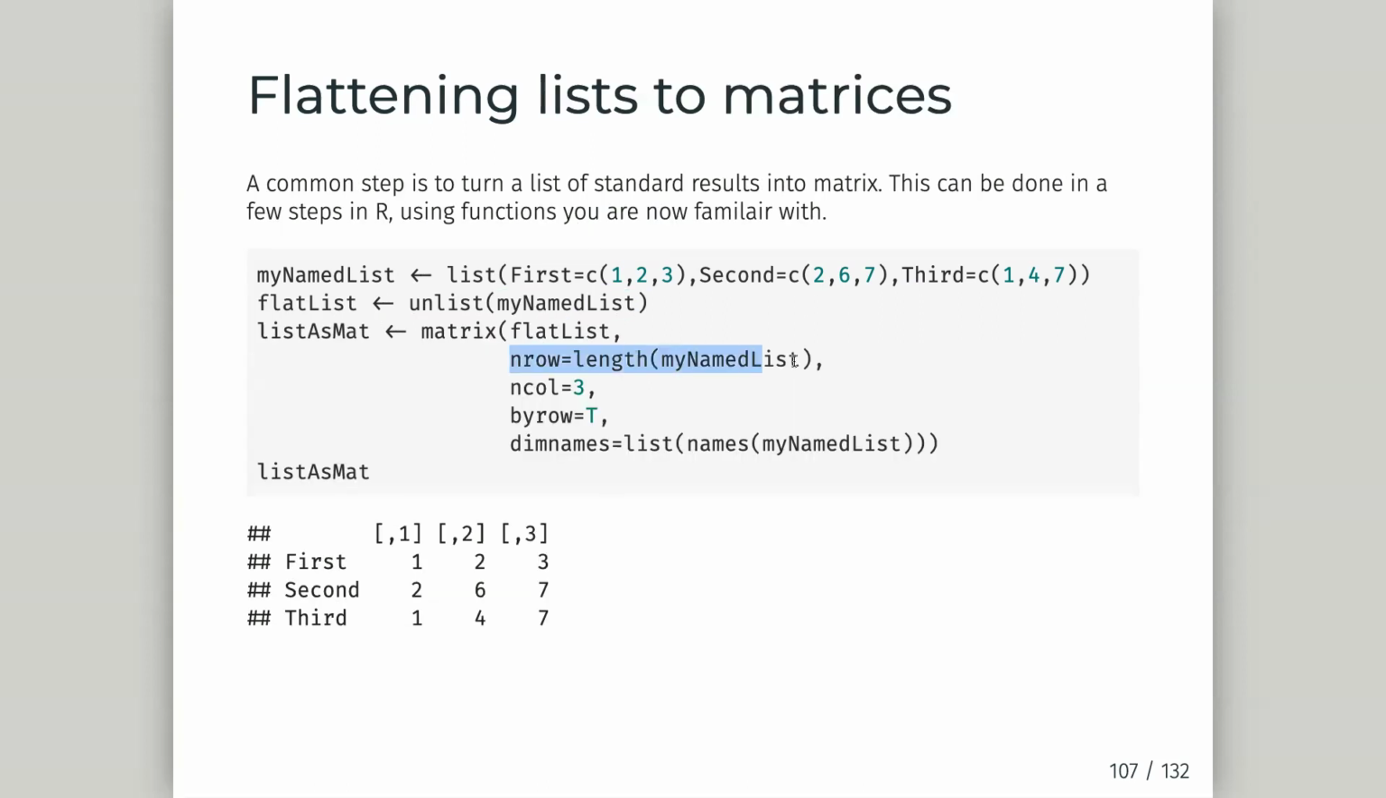And all I need to do is give it, for n rows, I'm going to say number of rows the same length as my list, 3. Number of columns is 3, because I know we have 3 elements in each. I'm going to say work by rows. And finally, we have one last thing we can give it, which is dim names. And I'm going to give it the names of my list. And now we can turn this list into a matrix, which we may want to then start to do some